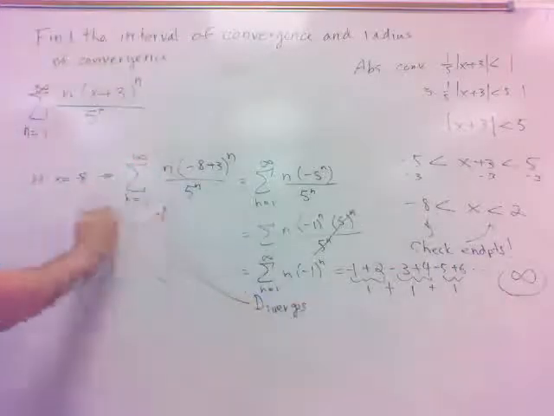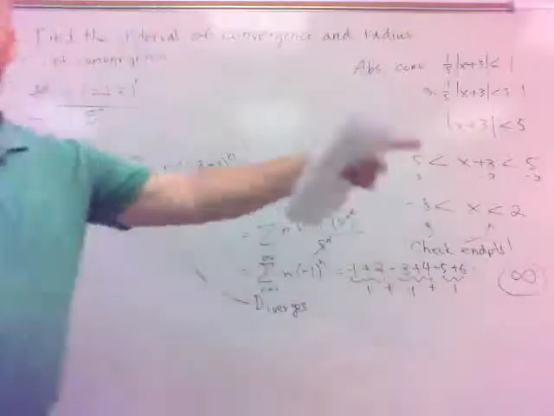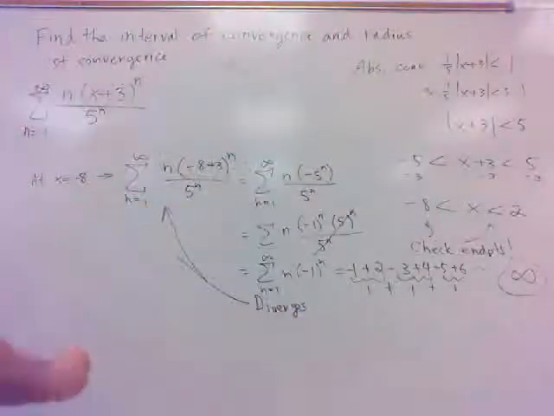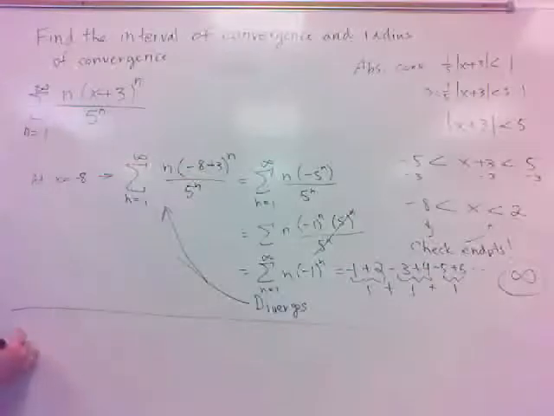Whoops, that one diverges. So at this endpoint, we've got divergent. What about the other endpoint? Well, the other endpoint, we've got 2, so at x equals 2,